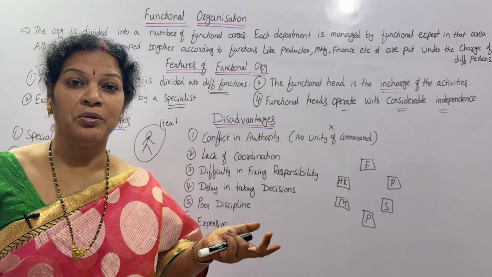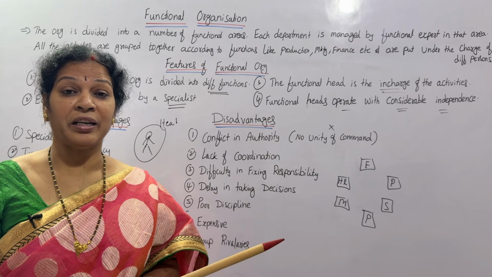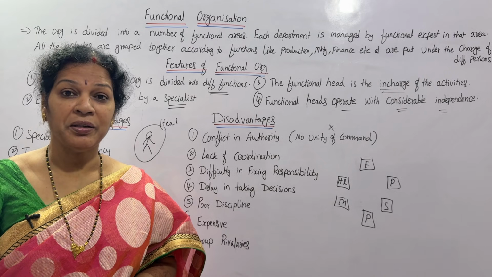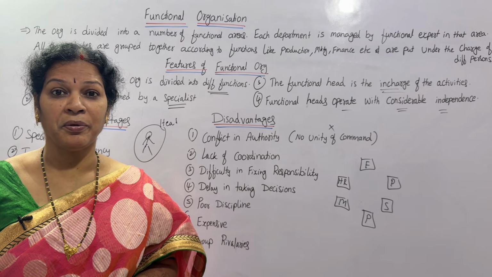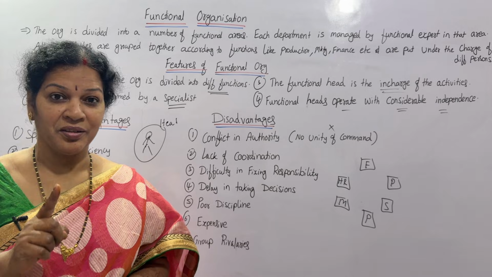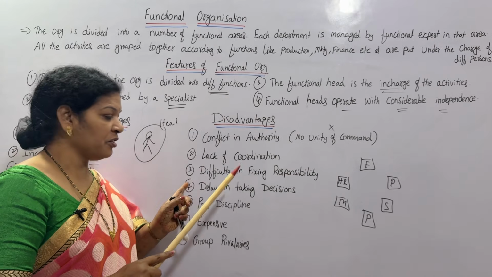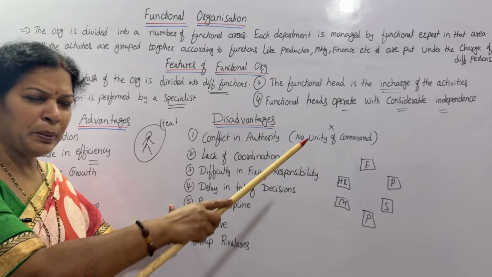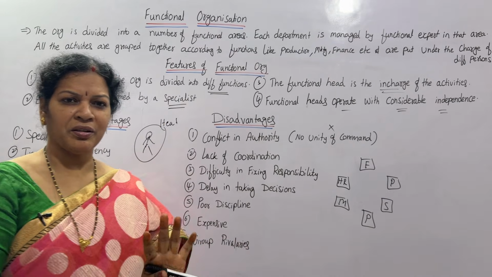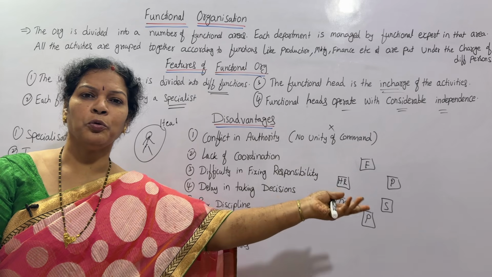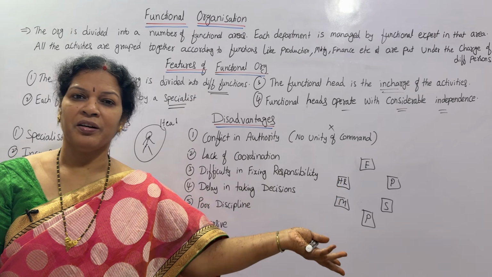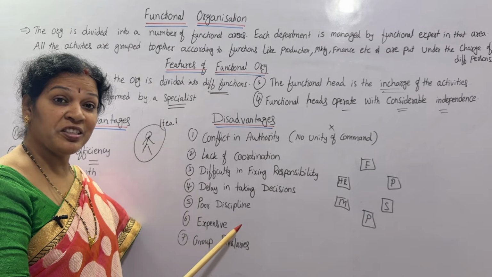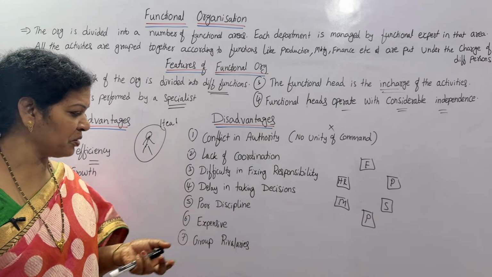And sometimes, you need to be very careful while taking decisions. Spontaneous decisions also have to be taken. Do they have the liberty? Can they take the decisions in a proper way? Important point. In such cases, there will be disadvantages, delay in taking decisions, and also poor discipline. If all the departments are not efficient, and one or two departments lack discipline, automatically it's gone, isn't it? So discipline is important. If discipline is not there, it's not going to work out.